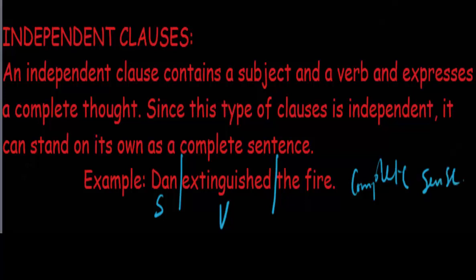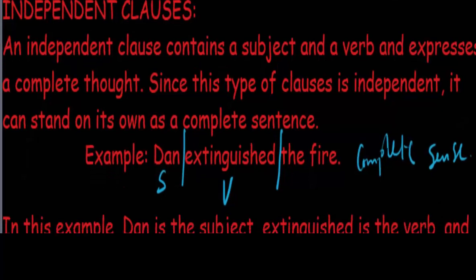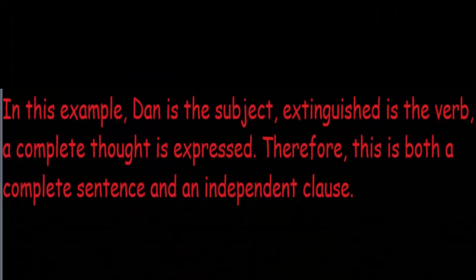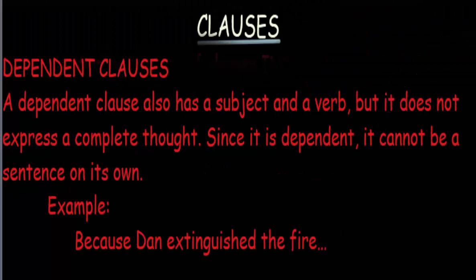Okay? So that is an independent clause. In this example, Dan is the subject, extinguished is the verb, and a complete thought is expressed. It makes complete sense. Therefore, this is both a complete sentence and an independent clause. Okay? A dependent clause also has a subject, and of course it has a verb, but it